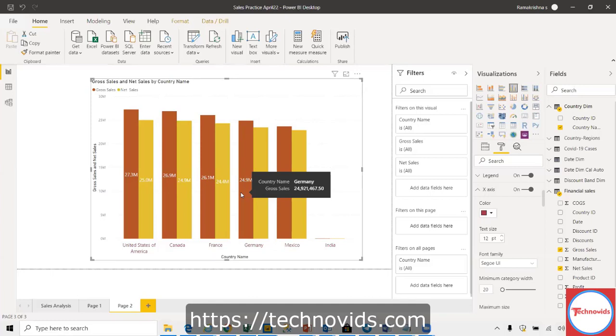For that purpose, as I said, projects will not be done in a day or 2 days. Projects will always be running for 3 to 6 months. Some of the bigger implementations will go for 2 years also. Up to 2 years the project will be run. IT projects, basically.